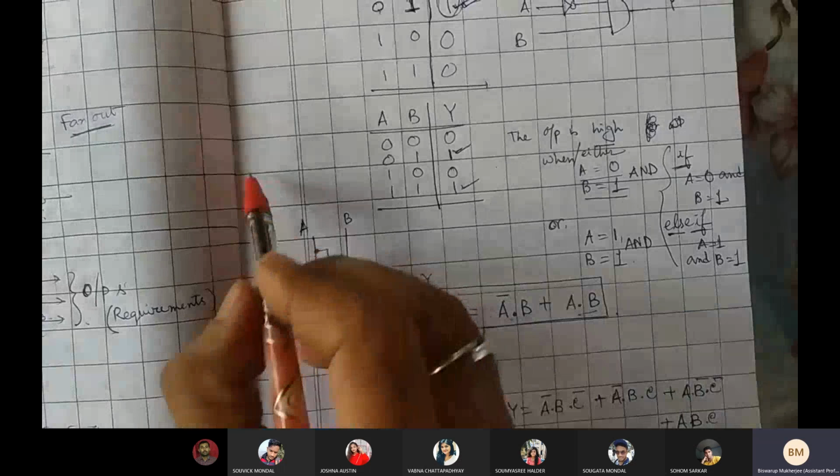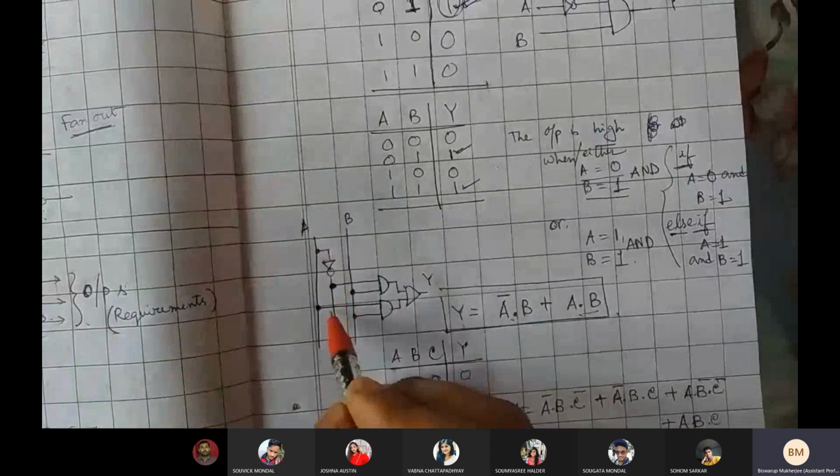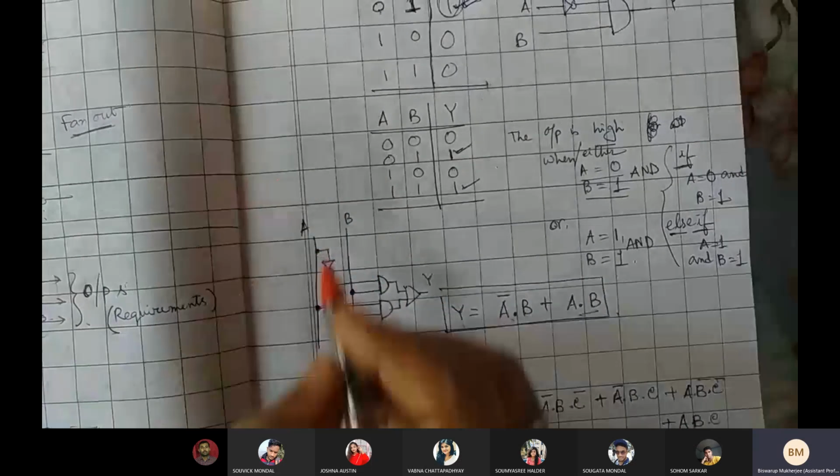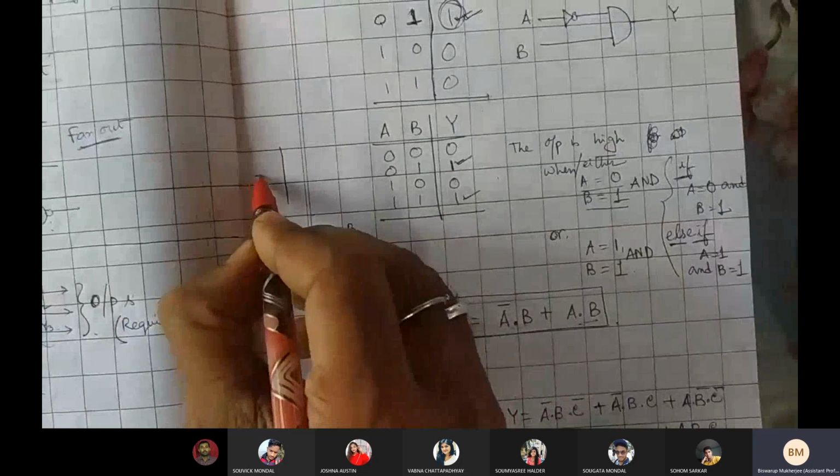These two outputs are actually OR to make Y, right? So this one you can draw it like this. Make sure that, here, what you have drawn so far is what we generally draw in a normal electrical engineering paper or maybe an analog electronics paper. If there is a cross which is not connected, we generally use a jumper kind of thing, right? So if there is a wire which will not be connected, we draw it like this, right?